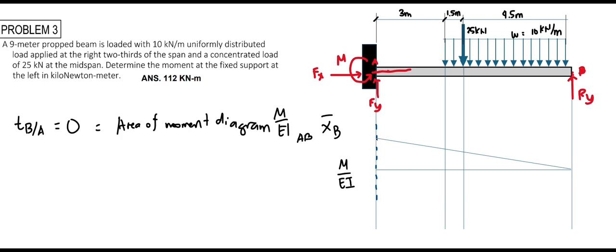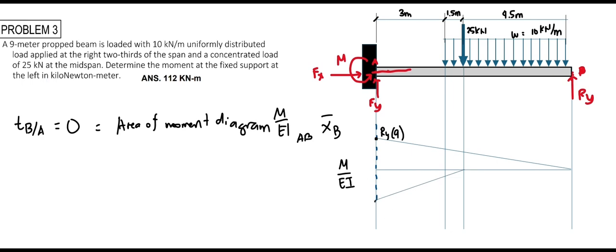So this point load will induce a first degree curve with a value of Ry times 9 meters. And the point load of 25 kilonewtons will induce a moment at point A that is equal to